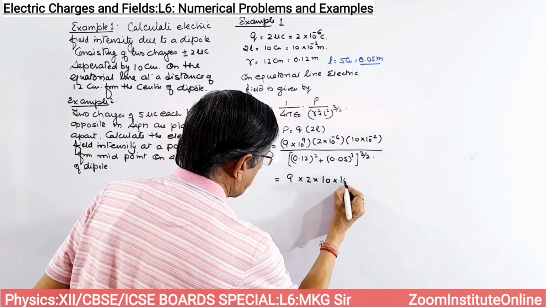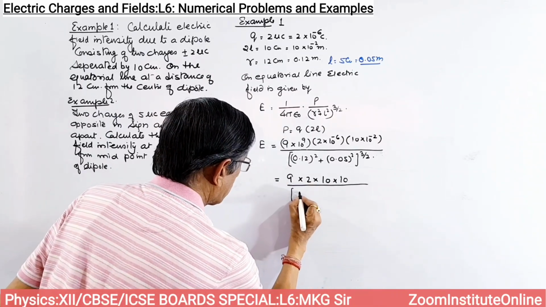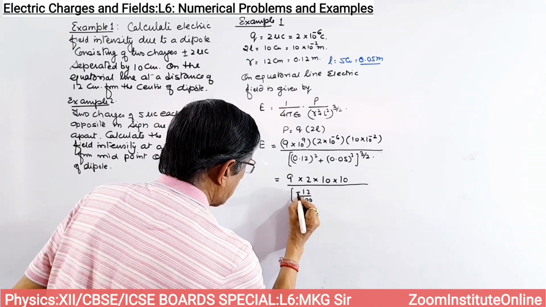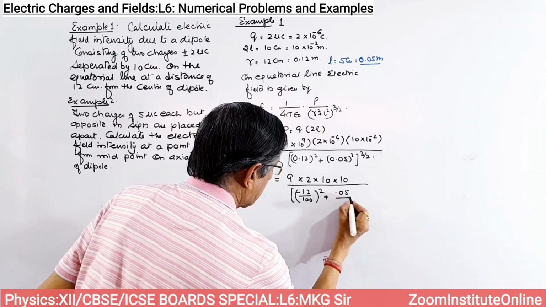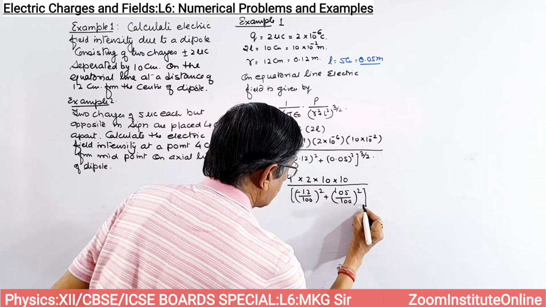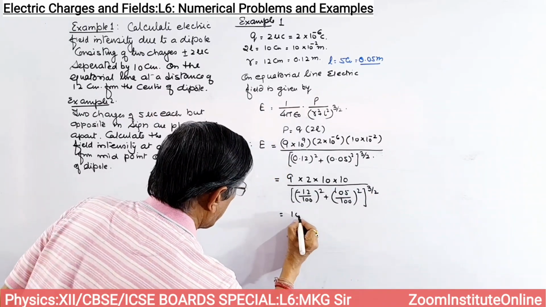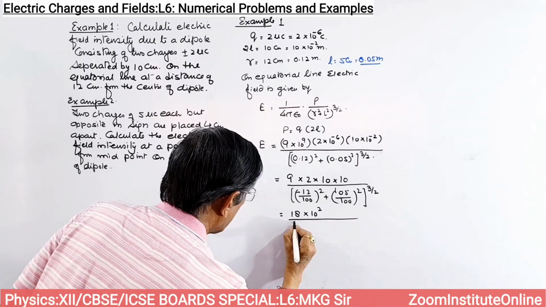So, you will be left with 1 positive upon 0.12 upon 100 square plus 0.05 upon 100 square, whole to the power 3 by 2. So, it will be equal to 18 into 10 to the power 2 upon,